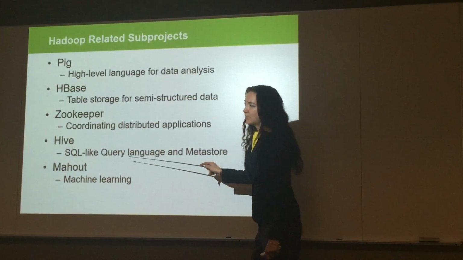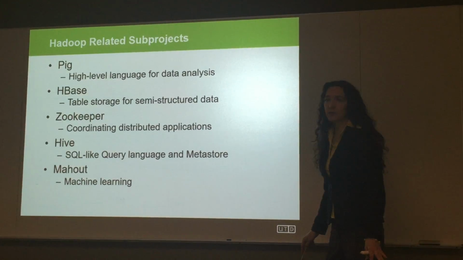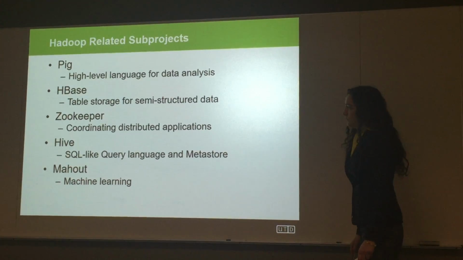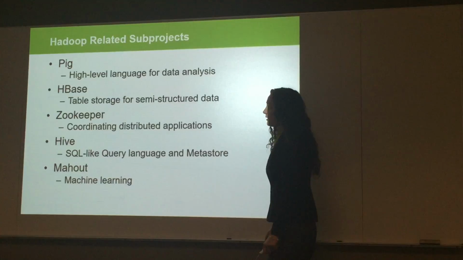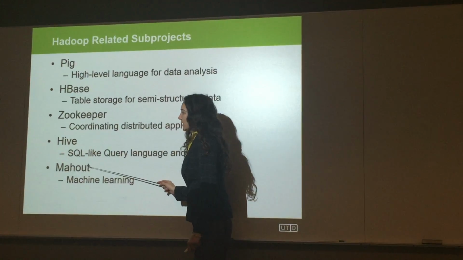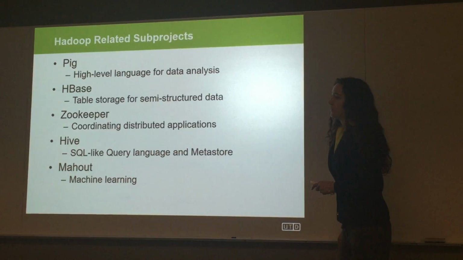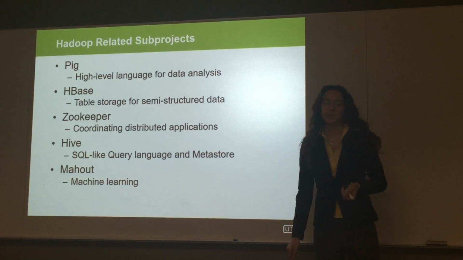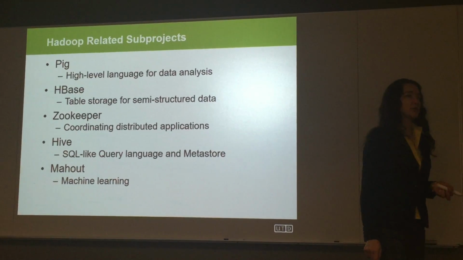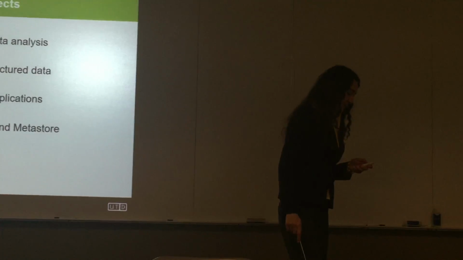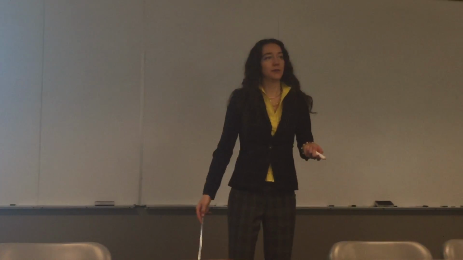So it will accept queries similar to SQL queries. And this is a tool that can run on top of the Hadoop platform that allows us to do machine learning. Let's say we want to do clustering or decision trees and things like this on top of